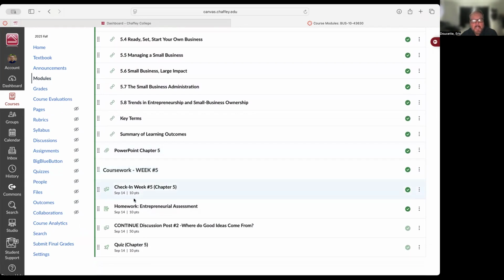Then you have your check-in assignment on chapter 5. I think there are 3 questions on entrepreneurship. One of them has to do with some of the characteristics required to be an entrepreneur, so you might want to consider that. And you can find out whether or not you have those characteristics by taking this entrepreneurial assessment. I will preface that by saying that I know these assessments are not 100% accurate, and I'm sure there are some very successful entrepreneurs that would fail on this, or be shown that they wouldn't have the qualities that it takes, and yet they're successful.